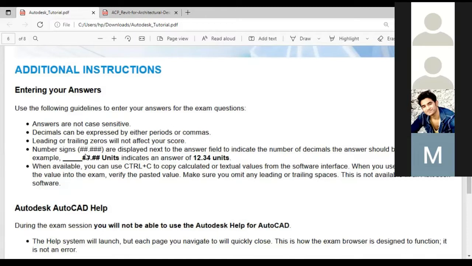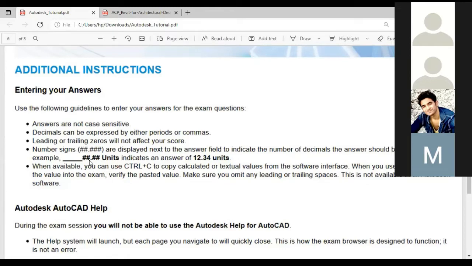So if you are getting an answer, you can refer to this. For example, if I get 25.351, then we can look at this. If it has three decimal places, it can be a correct answer. But if you get an answer like 153.14, when we look at this, we can understand that it is wrong because it indicates other units. So you have to look at these number signs.